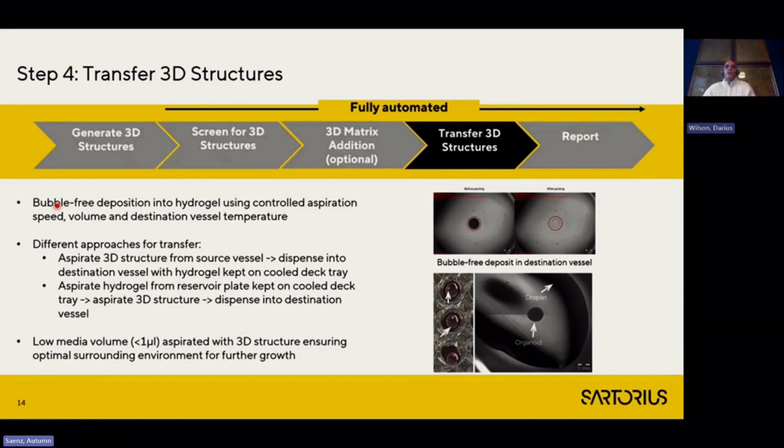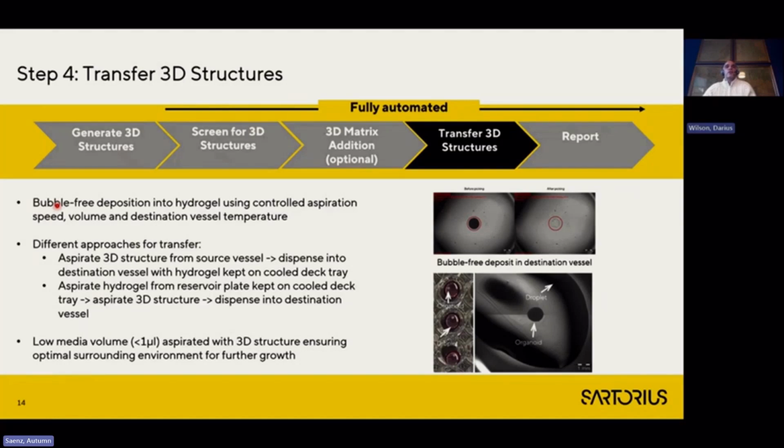Again, there's very, very little point of depositing an organoid into Matrigel if it's surrounded by, let's say, large amounts of source media or air bubbles. That's definitely something that we don't want to achieve. And this is actually helped by the Cell Selector Flex that we don't achieve this. We get bubble-free deposition into Matrigel without any of those problems.